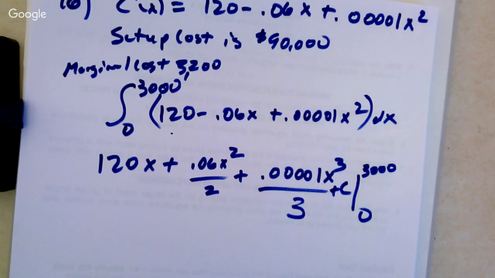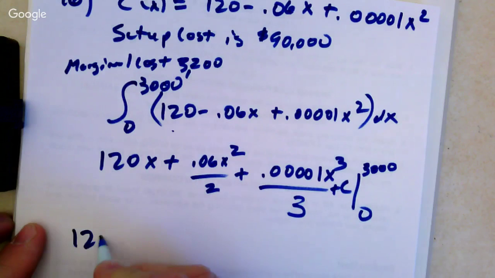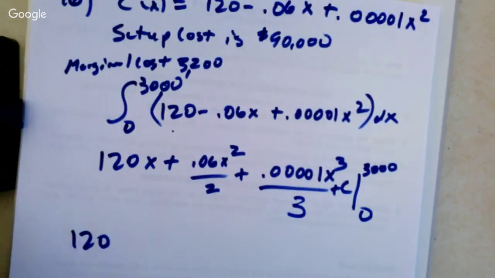Now, I put the plus c in there, but let's talk about where that's going to come into play. There is a constant of integration that we can move up or down. The nice part is it usually cancels out. Just to make 0 to 3,000 is going to cost us 90,000 regardless. But let's plug in first. Plug in 3,000. They ask us not for the marginal cost in the first one, they ask us for the total cost.